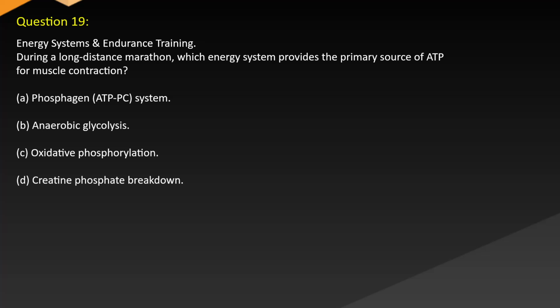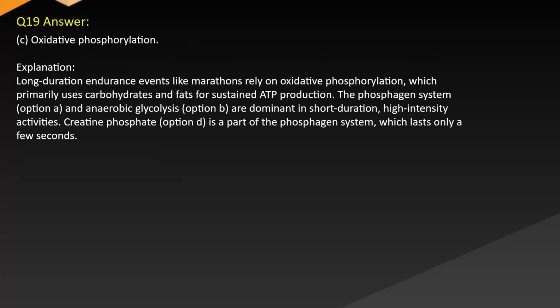A. Phosphagon ATP-PC system. B. Anaerobic glycolysis. C. Oxidative phosphorylation. D. Creatine phosphate breakdown. Answer: C. Oxidative phosphorylation. Explanation: long-duration endurance events like marathons rely on oxidative phosphorylation, which primarily uses carbohydrates and fats